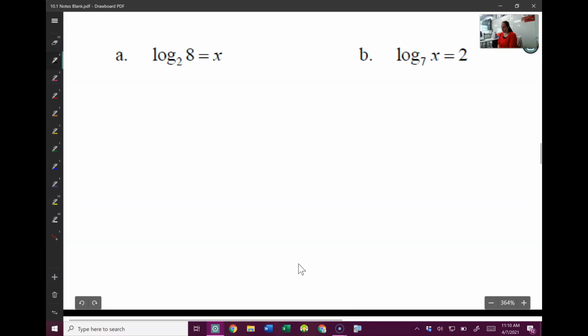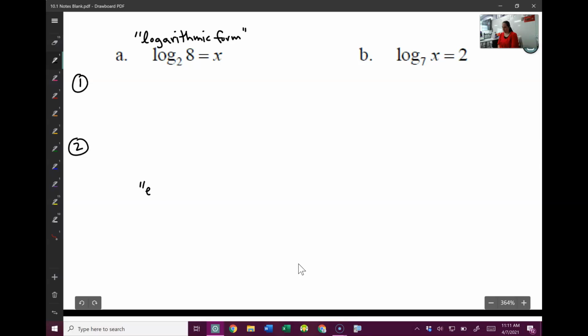Well, that's because right now, this is written in what we call logarithmic form. And because logarithms are so new to you, you're not really used to logarithmic form and how to solve these problems yet. They're brand new. So we actually have a process that we can use. It's 2 steps that will translate this logarithmic form